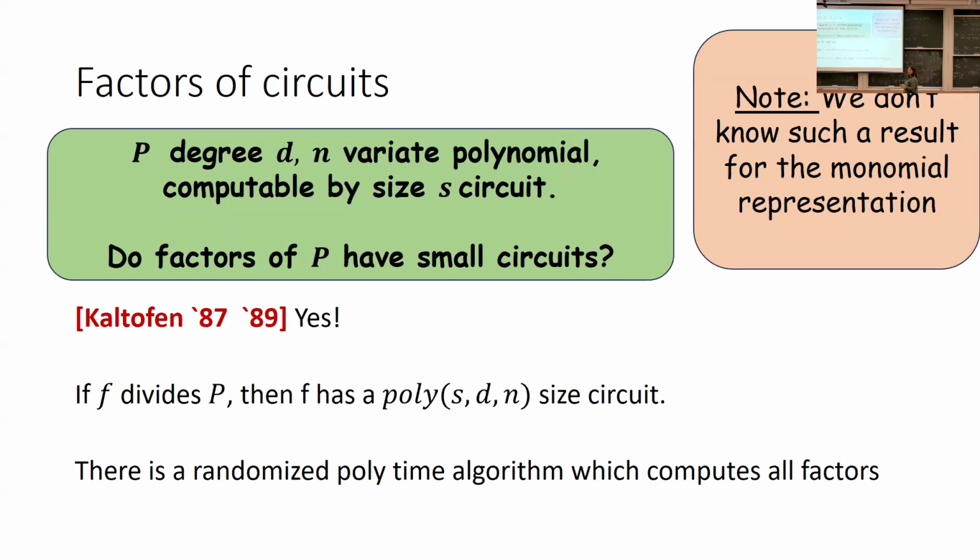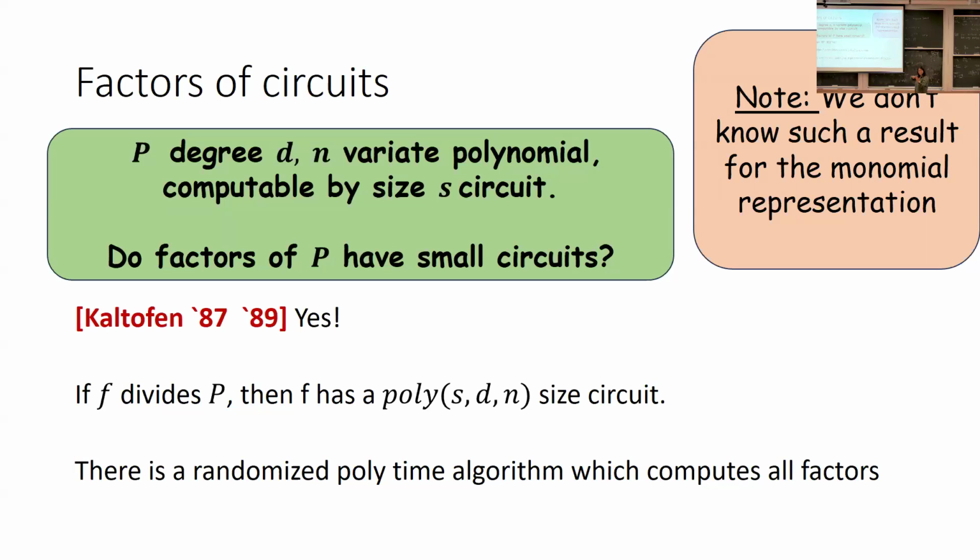Wow. And not only that, there's a follow-up both by Kaltofen and Trager, which says even if you have a polynomial computed by a small circuit, and even if you can't see the circuit diagram, but the circuit is hidden inside a black box, and all you can do is evaluate the polynomial at whatever point you want, there's a randomized algorithm which will output black boxes for the factors, which is amazing. These are really, really beautiful results. Okay, so you can do all of this.